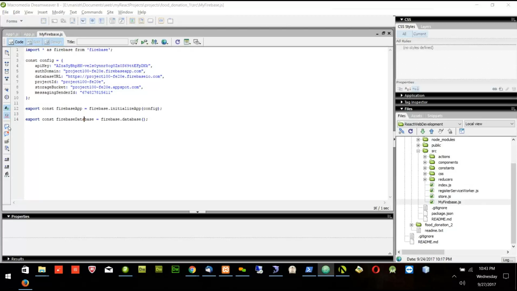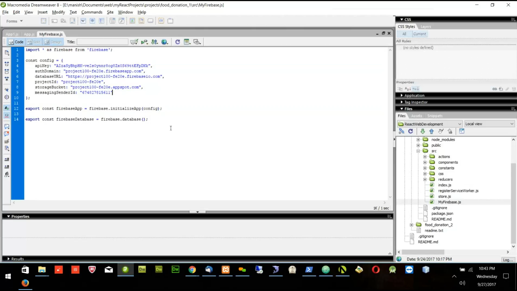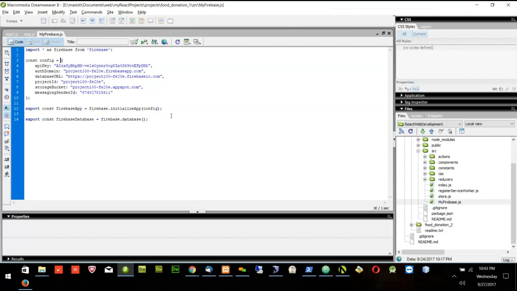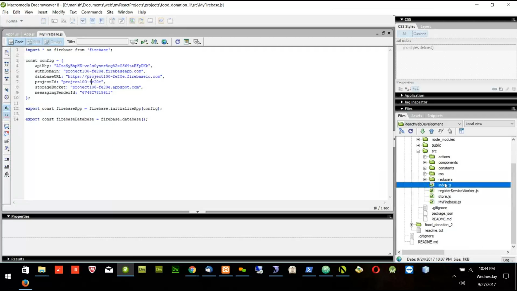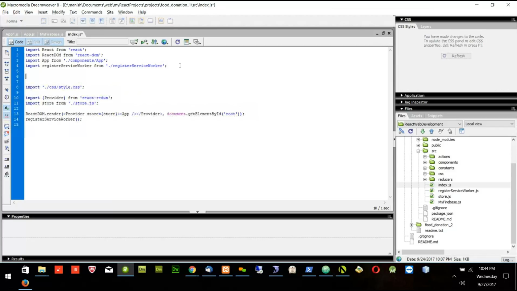So this is done. Okay, let me double check. I have configuration, I'm using this configuration, and then I have firebaseApp, which I will be using, and then I have firebaseDatabase, which I will be using. Okay, so this part is done. Let's go to the index.js now, and in index.js, I will call import